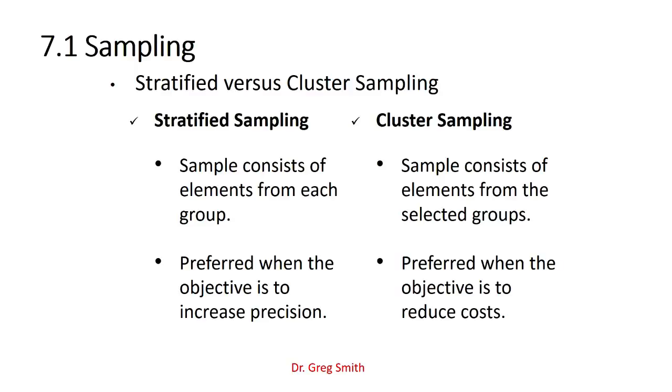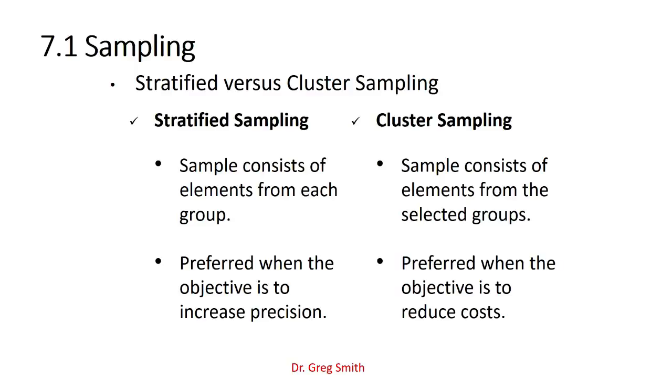When we look at them, cluster versus stratified, stratified is preferred. It's usually the one you would go to if you have the time and money to do it. You're going to get at least one from every group. That isn't true for cluster sampling. You're just taking from each of the groups with the possibility of leaving a particular group out. Precision is stratified. Cost, both in terms of actual dollars and time, is clustered. So you can take your pick with either one, but most folks choose stratified sampling, using simple random